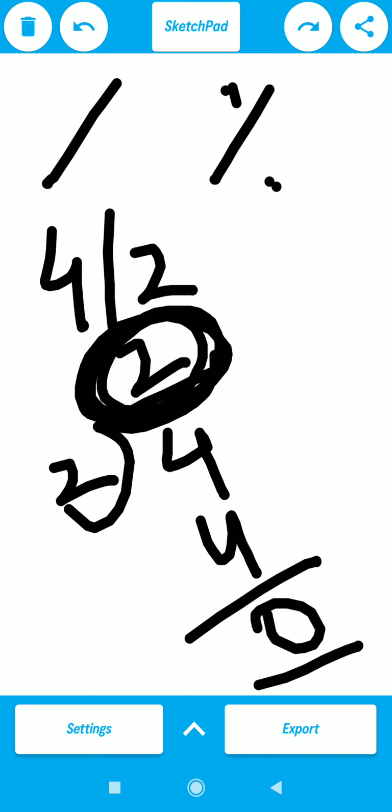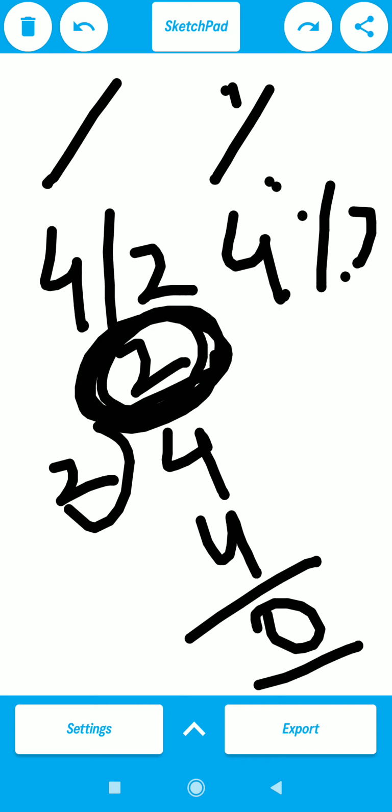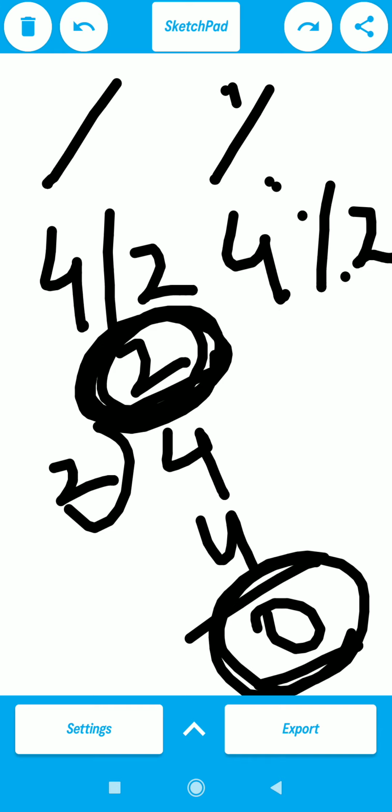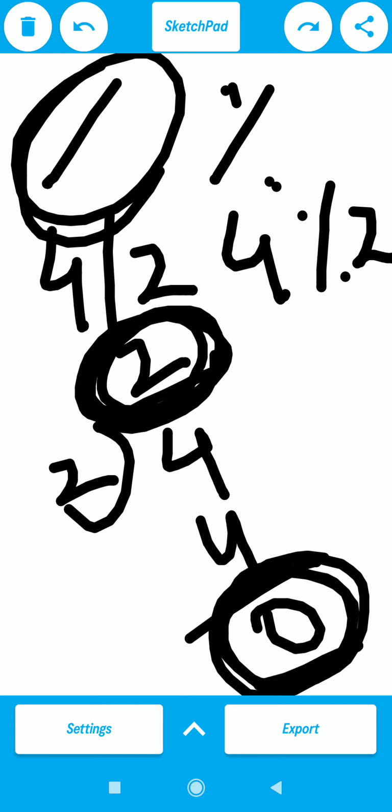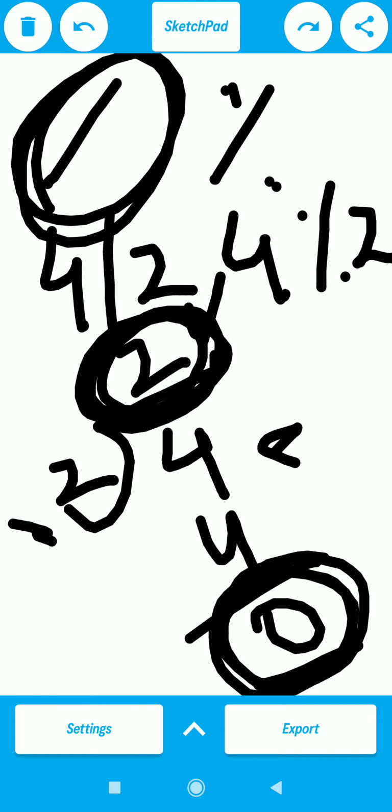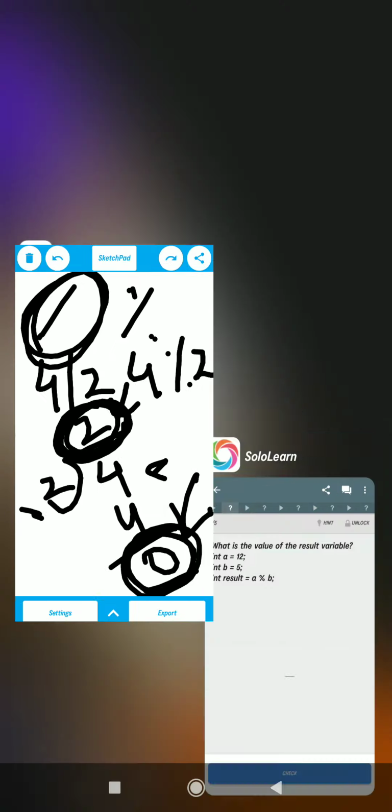If you say 4 modulus of 2, the result will be 0. There is a divisor, dividend and quotient, and here is a remainder. The divide sign shows the quotient, and the modulus sign shows the remainder.